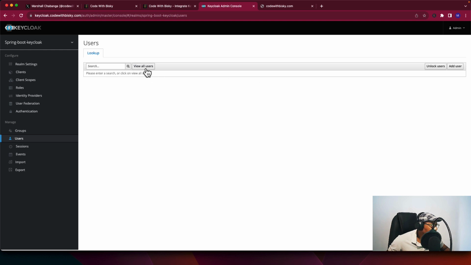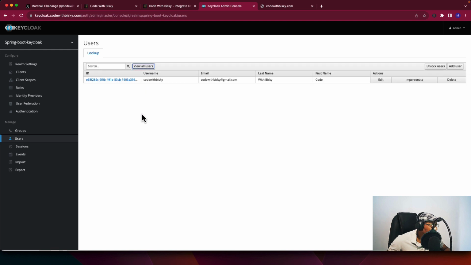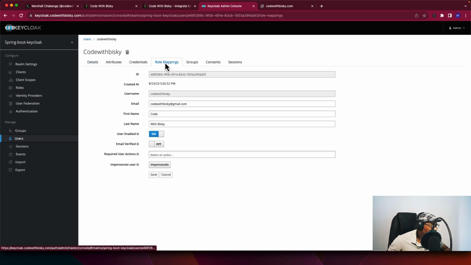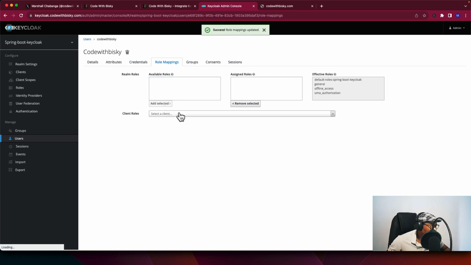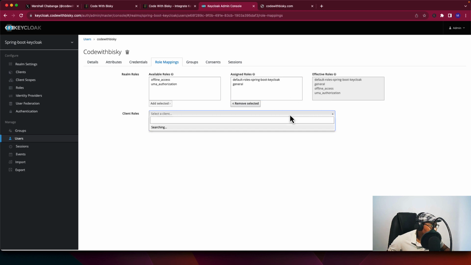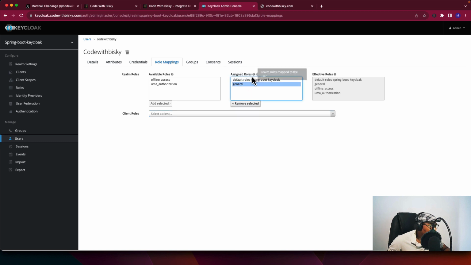And we want to see, we do view all users, and we click this user. Then we go to row mappings. This is the row. So you want to assign this row to this user. Then we select this row. So after doing this, assign rows, we have assigned this row, which is general, to this user, and we can